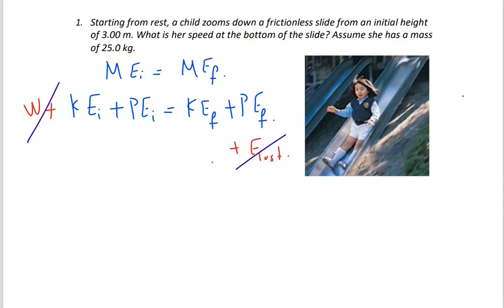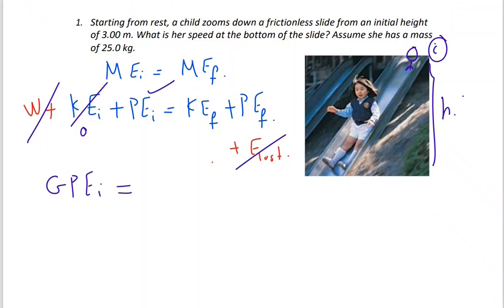Initially, the girl was at height h before she slid down the slide. So the initial energy she has is gravitational potential energy. The girl wasn't moving when she was at the top, so the kinetic energy is 0. So the type of energy is gravitational potential energy initial equals